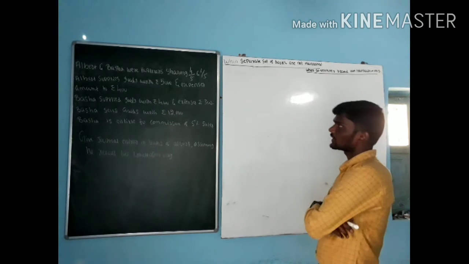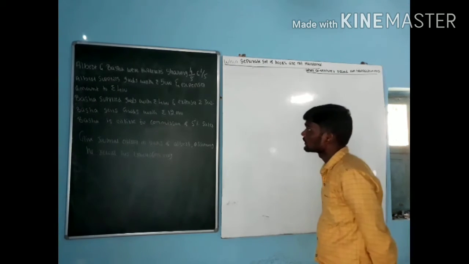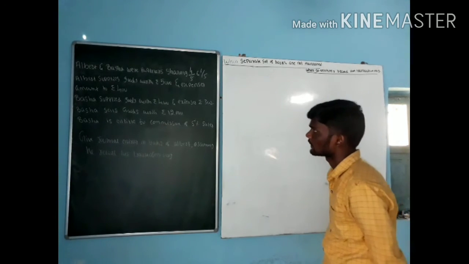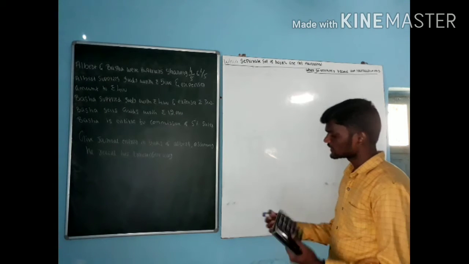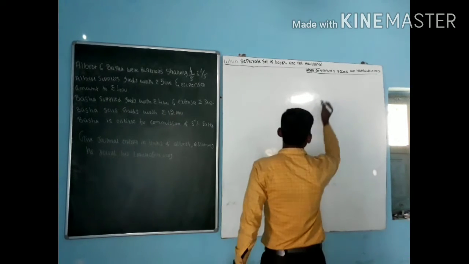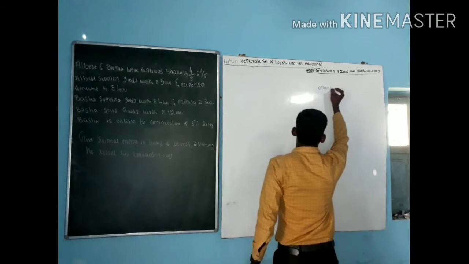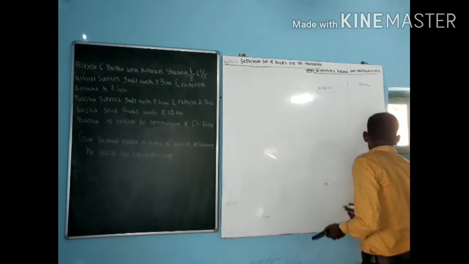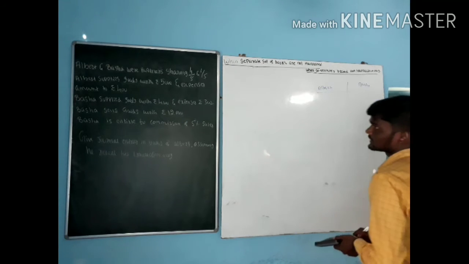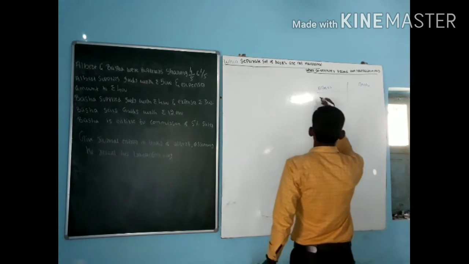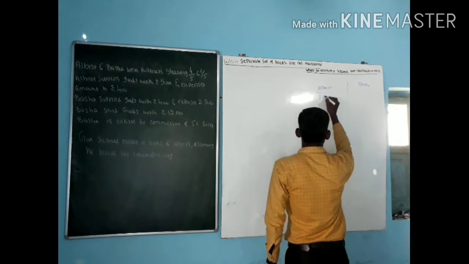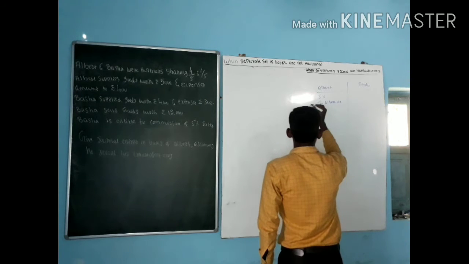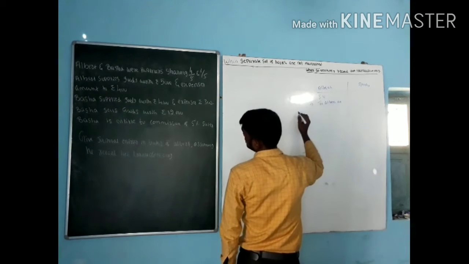See the question. Albert and Basha were partners, sharing 4/5 and 1/5. That is the ratio, 4:1. Albert supplies goods worth rupees 5,000. Go for two accounts: one is Albert, one more is Basha. First one, Albert supplies goods for rupees 5,000. What is the entry? Joint venture account debit to Albert account. This is the entry for goods supply.